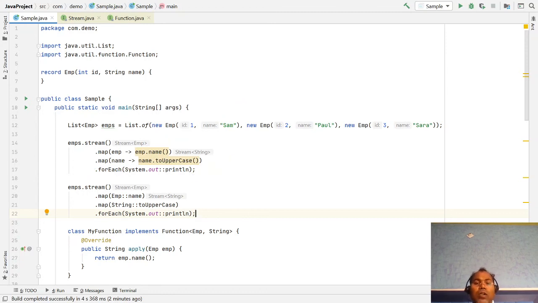So in short, map is used to transform an object of one kind to another type of object whenever you need.